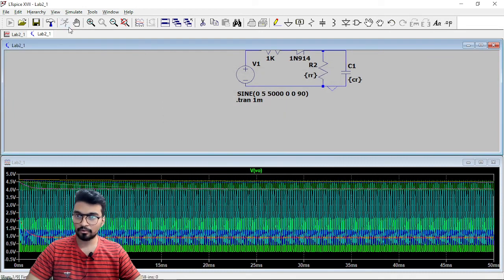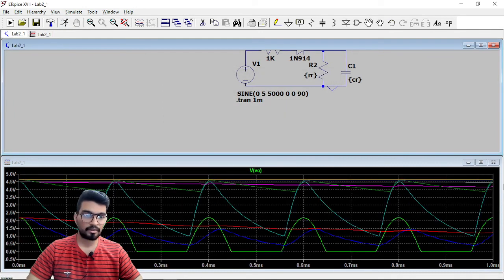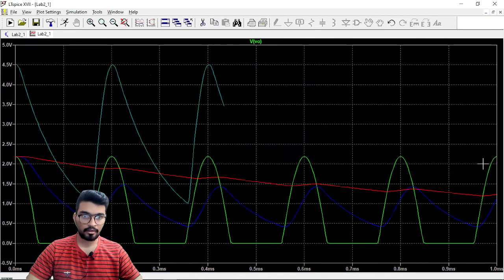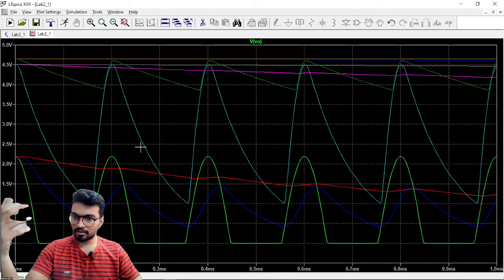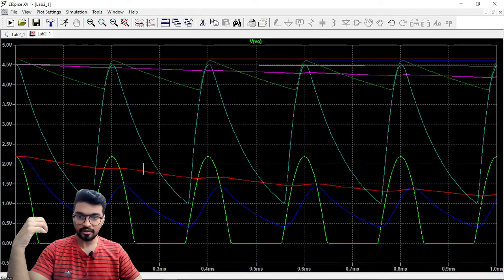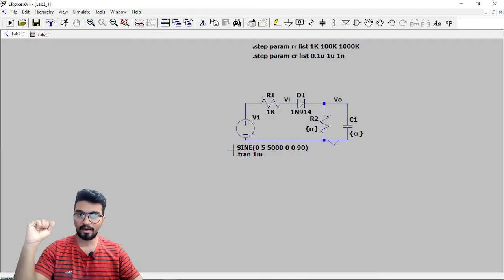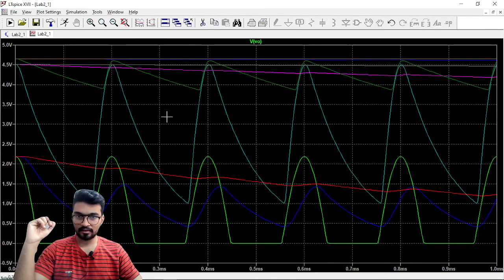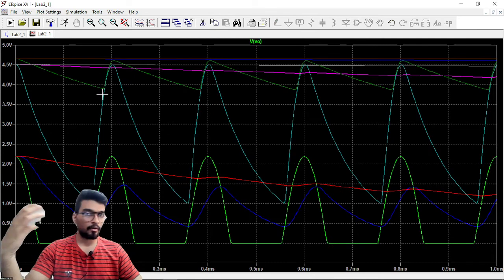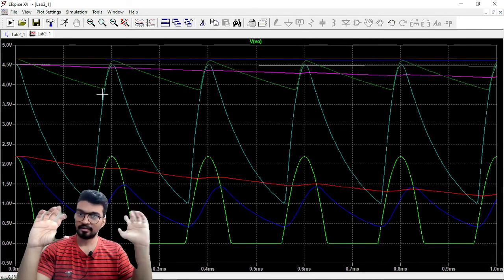Now run this, so you will be able to see it in much better form how this waveform changes according to the value of input frequency. So now it is 5000 hertz. You are getting this variation, and these are the 9 waveforms for different resistor and capacitance values.